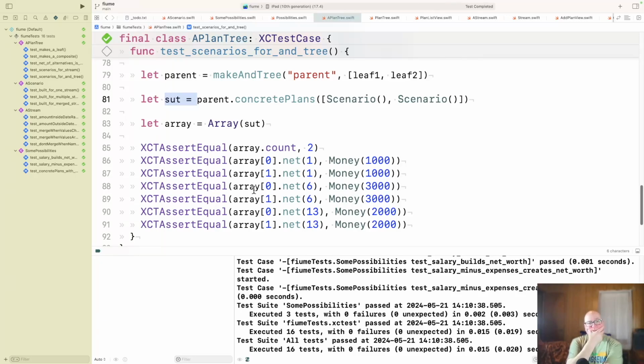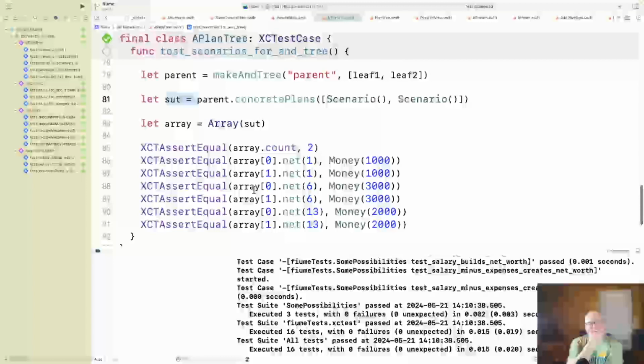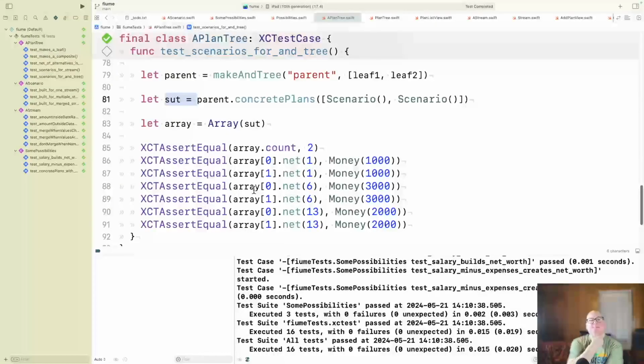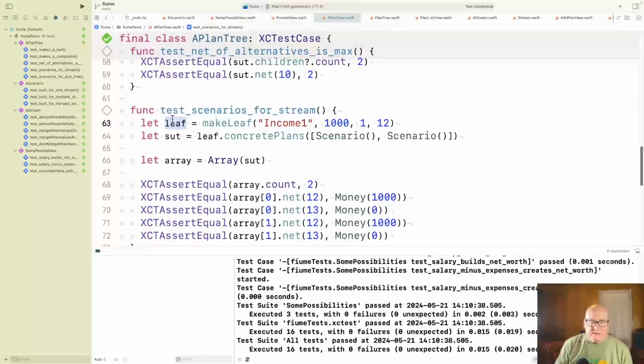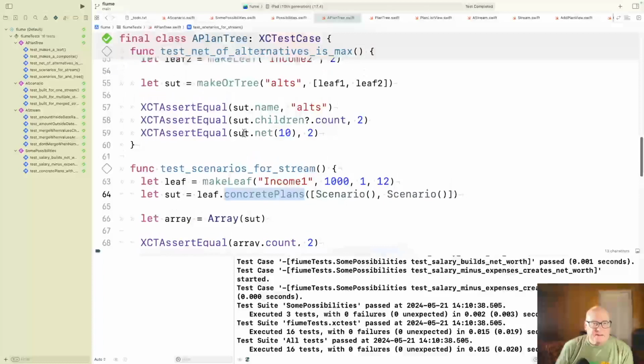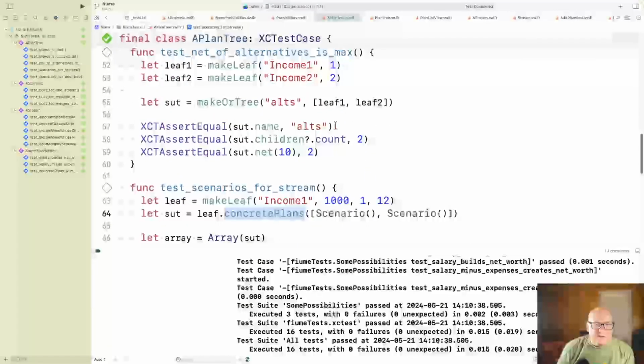So those are scenarios. Oh, leaf might be the SUT. We're talking about this one. Yeah, I don't think it is on that one. No, I mean the thing I'm talking to.